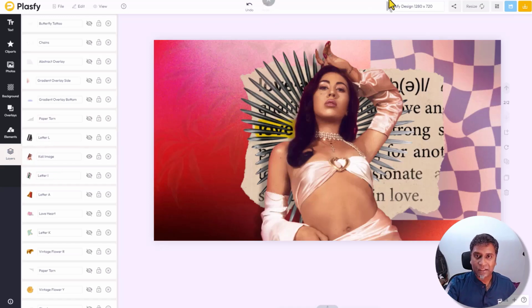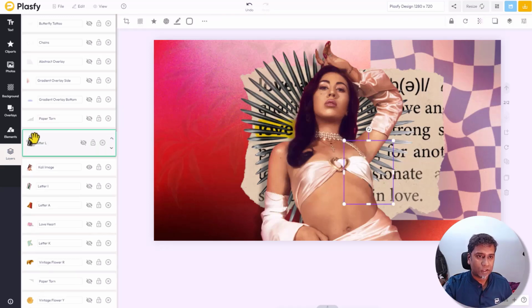Even if you add her image as the first one, as you keep adding the other layers, you just drag them down. You can either click on the layer and use these arrows here up or down, or just click, drag and drop to whichever position in the layers you want that particular layer to be in.